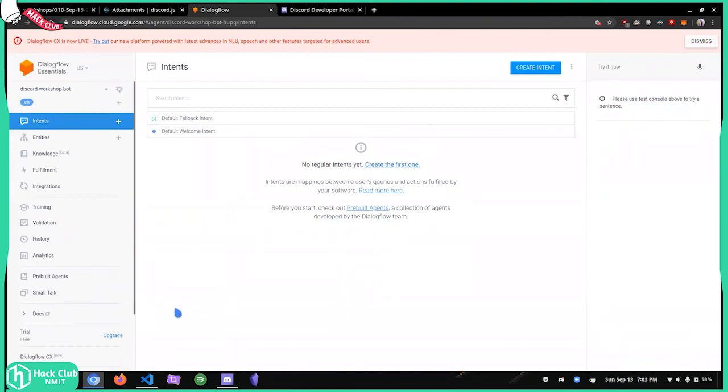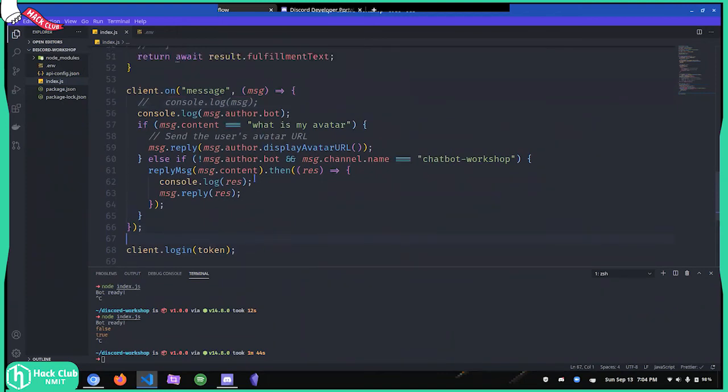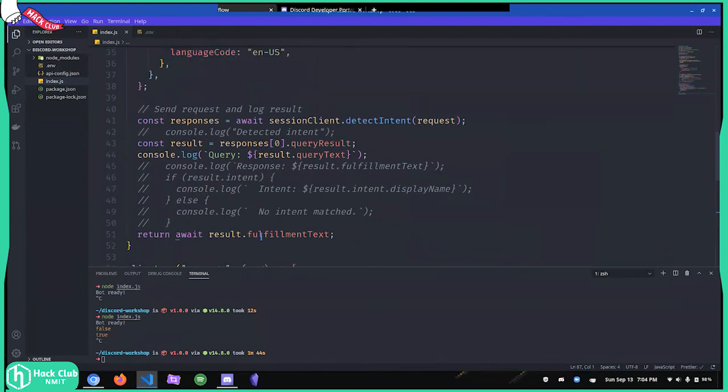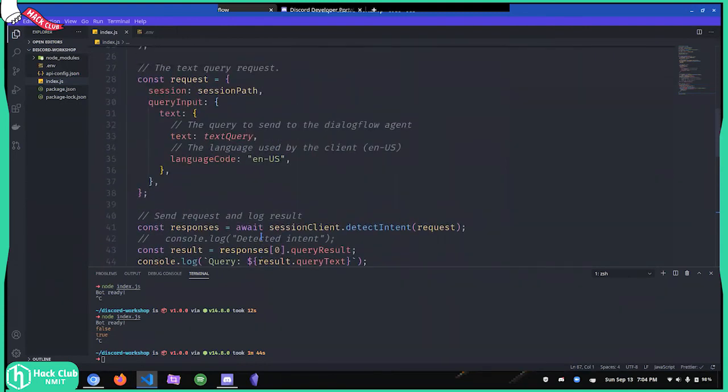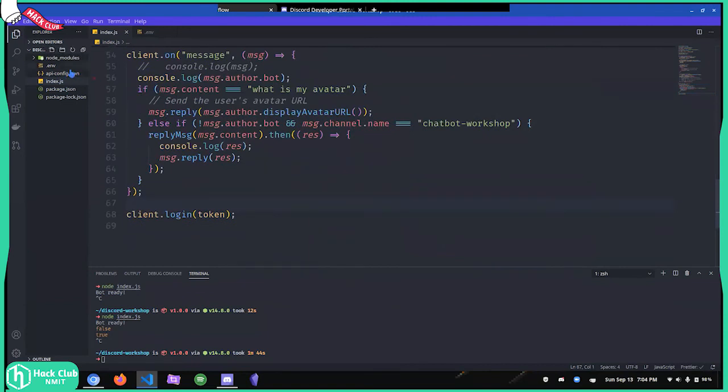Now I'll also tell you guys why I extracted both of these env files and the JSON files out. If you're working as a team, you would want to develop this bot. This is a pretty small bot, but if you're working as a team, then your bot may be really big. If your bot is highly functioning, or if you want to make it commercial and host it on AWS or something like that, you need to hide your API keys. You can't leave them displaying like that.